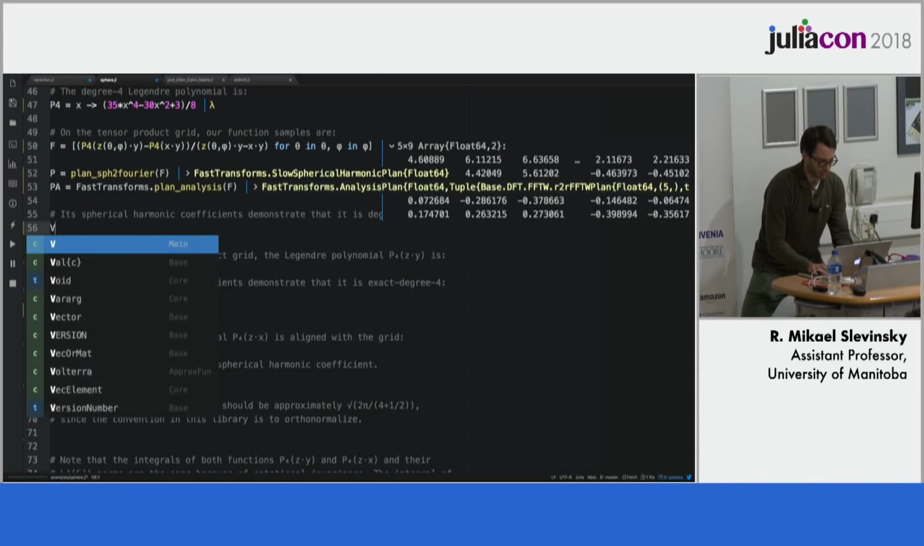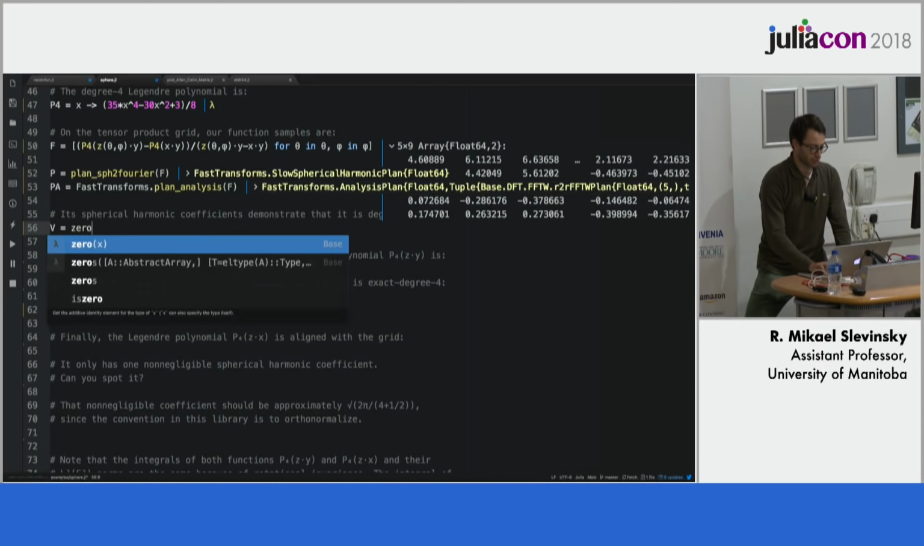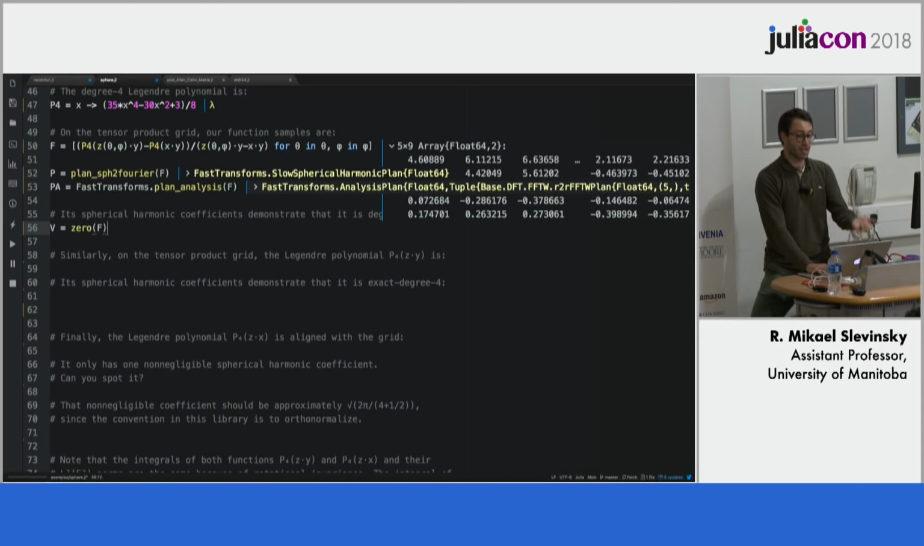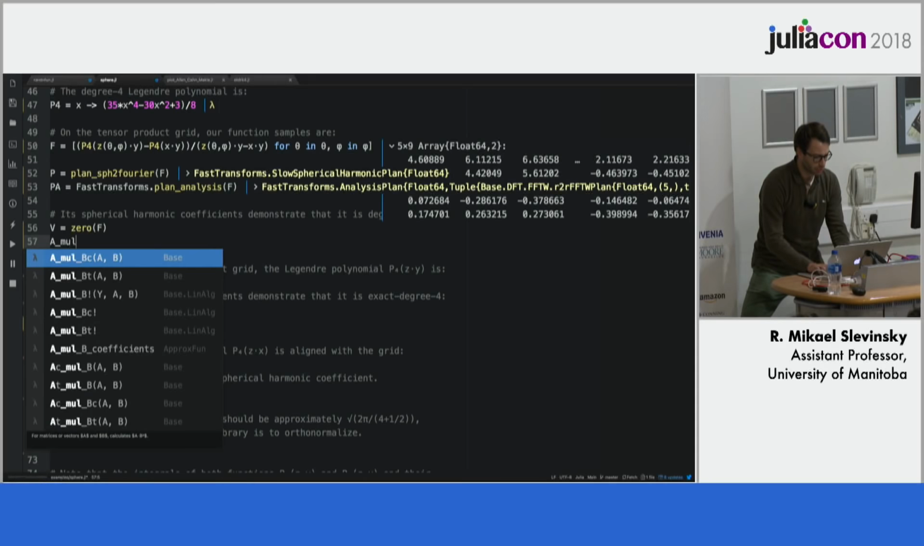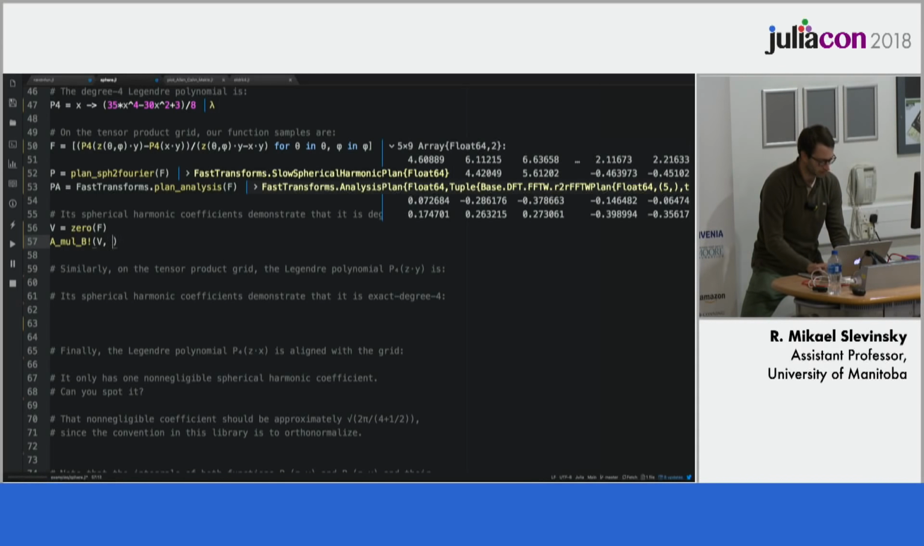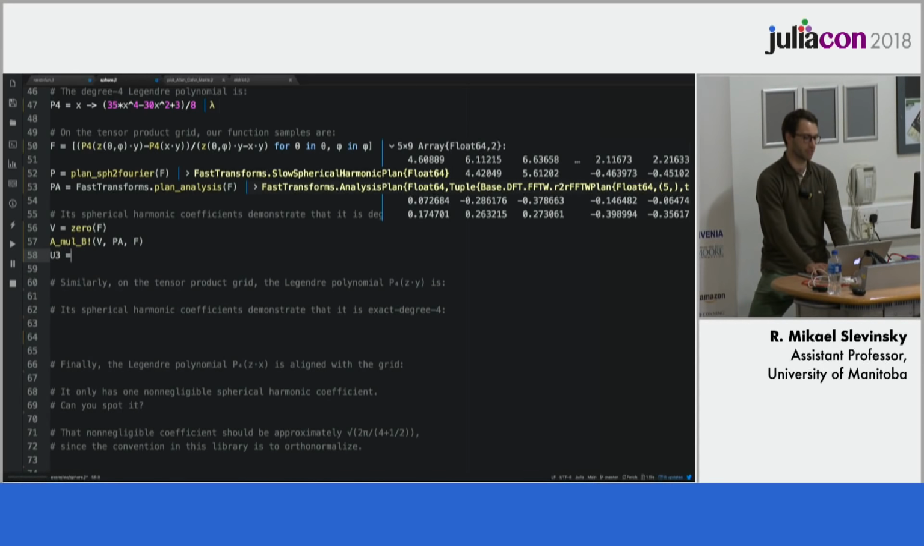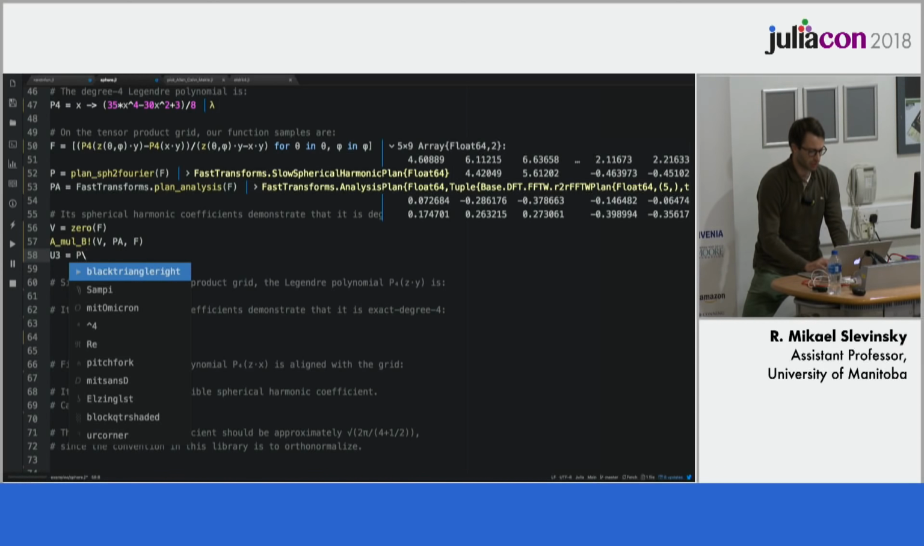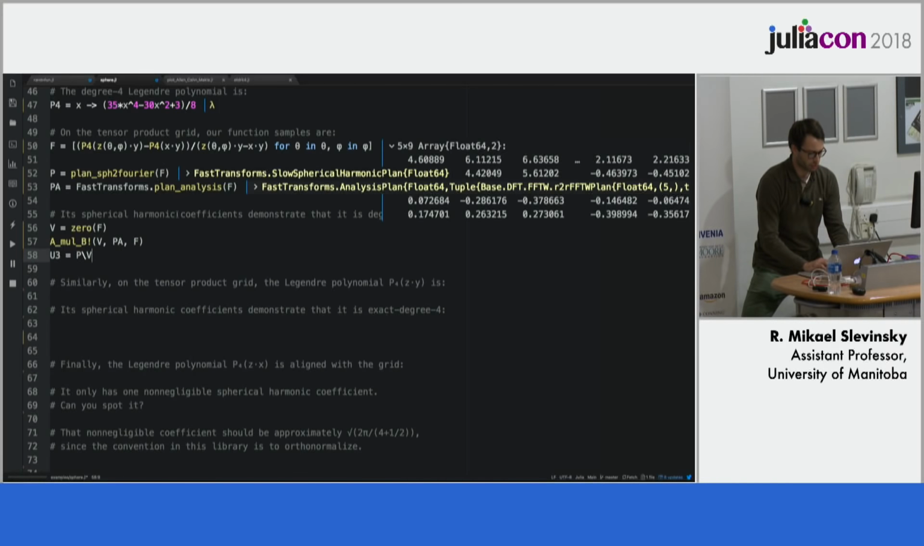So the first thing we're going to do is say V is going to be initialized to 0, the size of our function values. And V is going to store the Fourier coefficients. And then once we go from Fourier coefficients, we'll go to spherical harmonic coefficients. So V is equal to 0. Then we'll go A mul B, and then we'll go V, plan analysis, and F. And then once we do this, then we'll go U3, anticipating that it's actually degree 3, is actually P, the spherical harmonic plan, or sphere to Fourier. Well, we're actually using the inverse of this, so P backslash V. So if we run all of these,